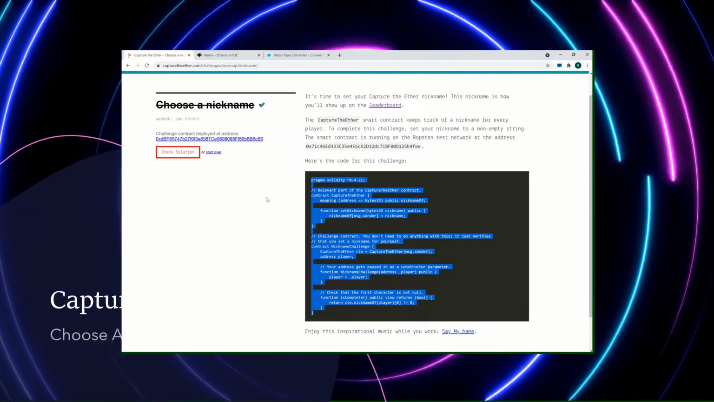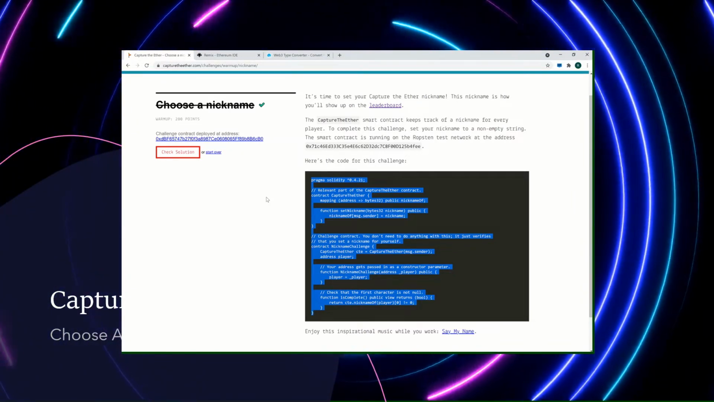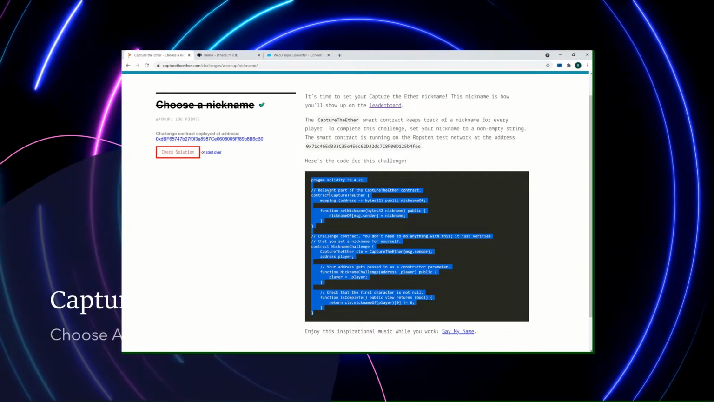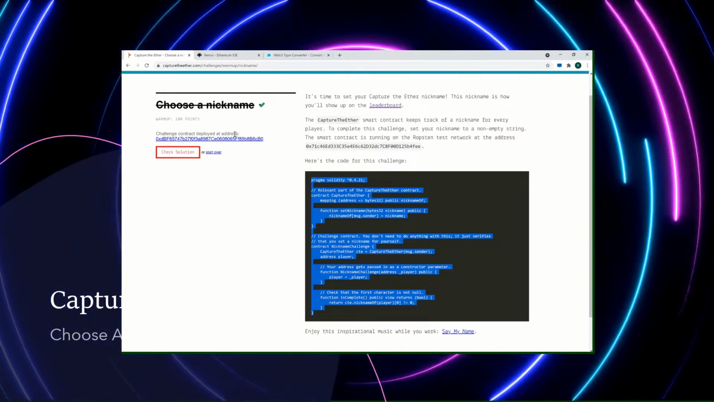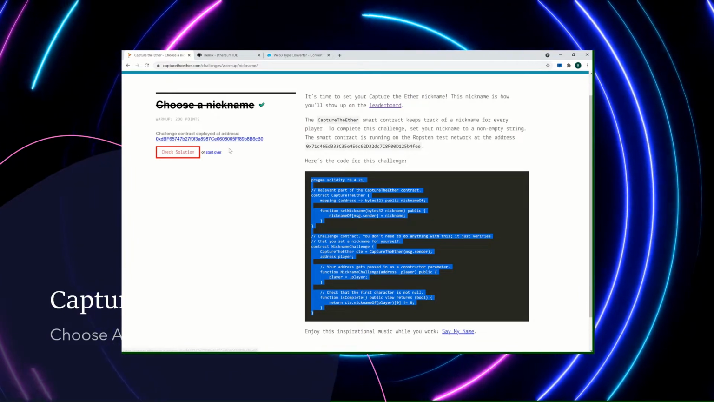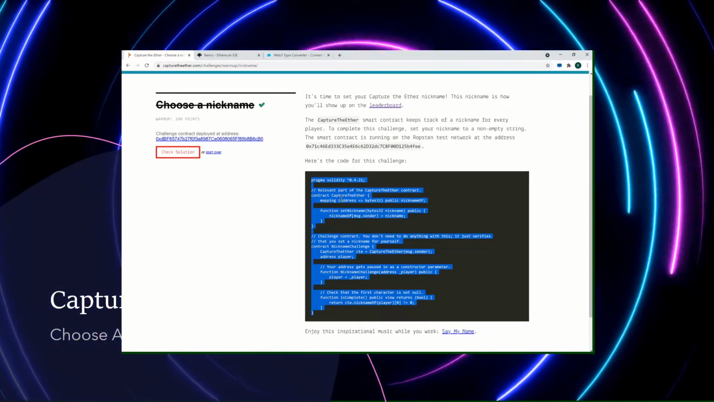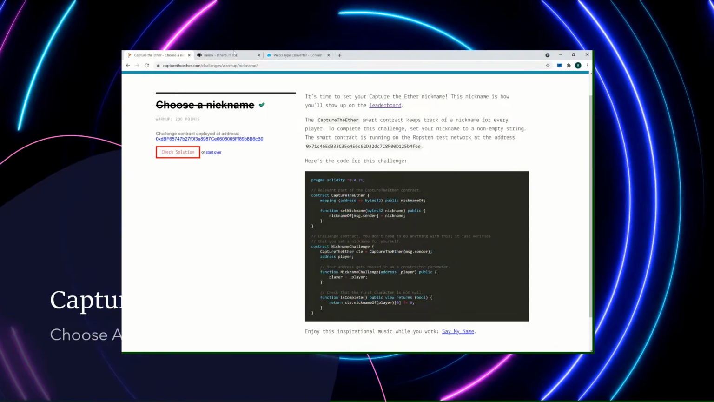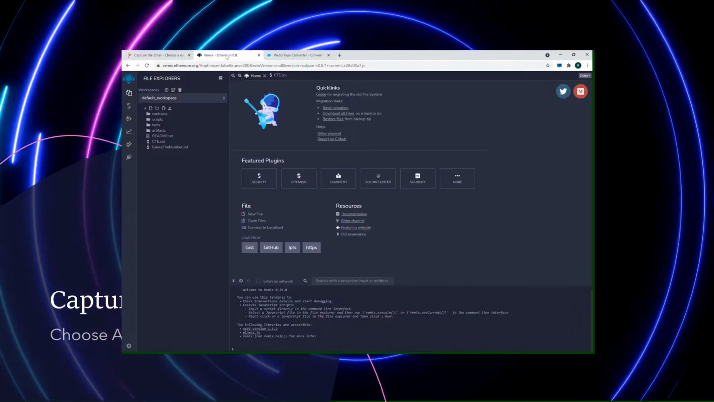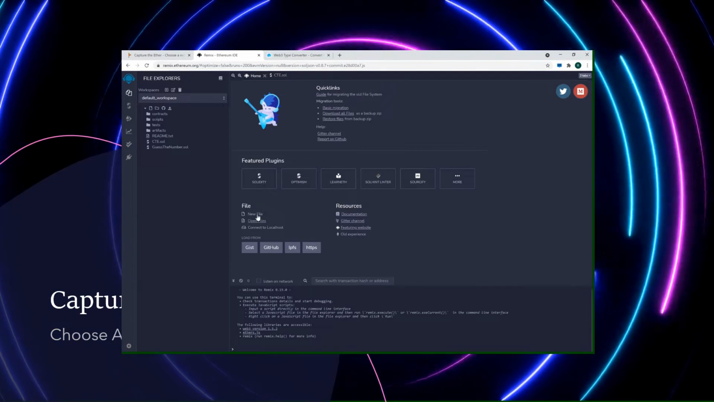In this video, I'll walk through how you can choose a nickname in the Capture the Ether game. You won't actually end up using this address, but that is where it's deployed. First, copy and paste this code into Remix, which is an Ethereum IDE, and you can just create a